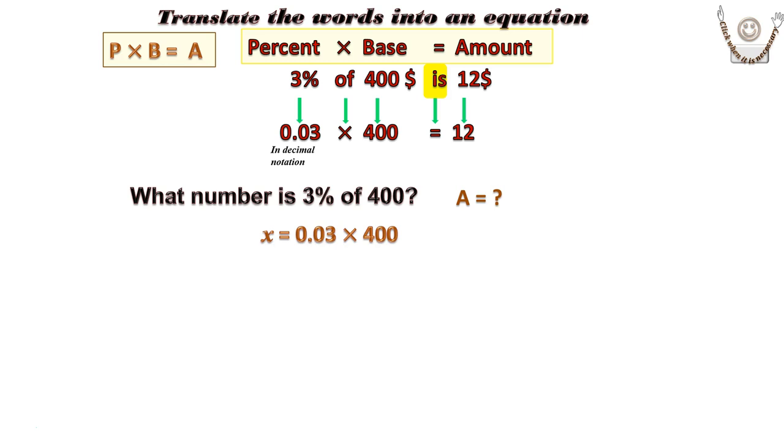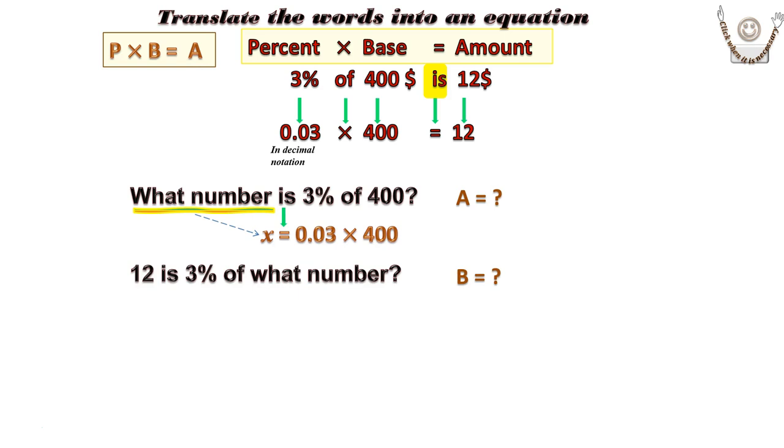Next type of equation can be: 12 is 3% of what number? We are looking for the base. Again, how to translate this into an equation? 12 is 12. The word "is" is the sign equal. 3% we have to use in decimal notation, so it will be 0.03, of is multiplication. And what number is a variable